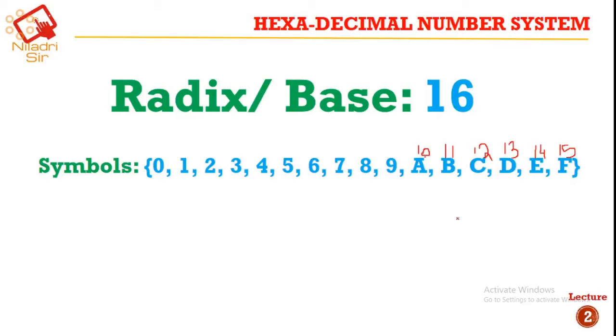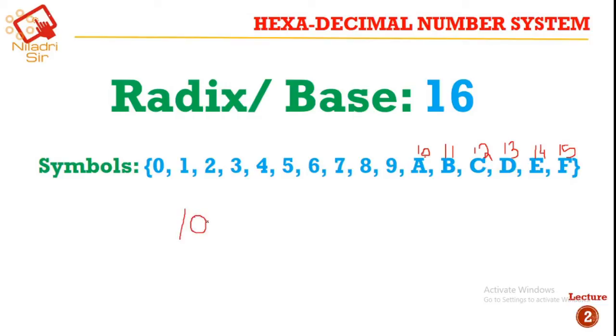These 6 extra numbers are new to all of you. So there is 0 to 9, that is 10 digits, and 10, 11, 12, 13, 14, 15. These are the 6, so a total of 16 numbers are there. So in the case of 10, suppose this 10 is there.